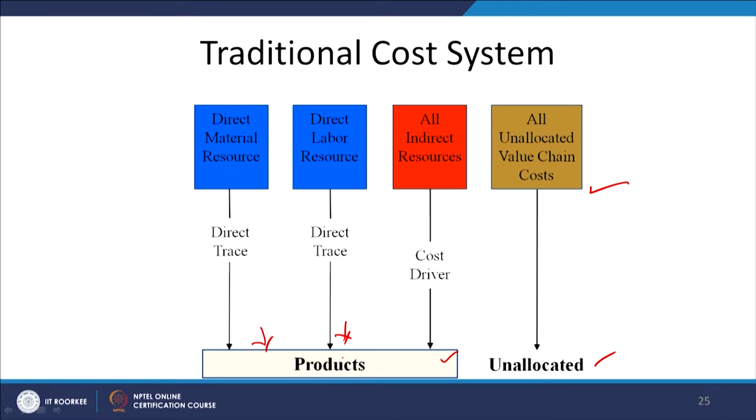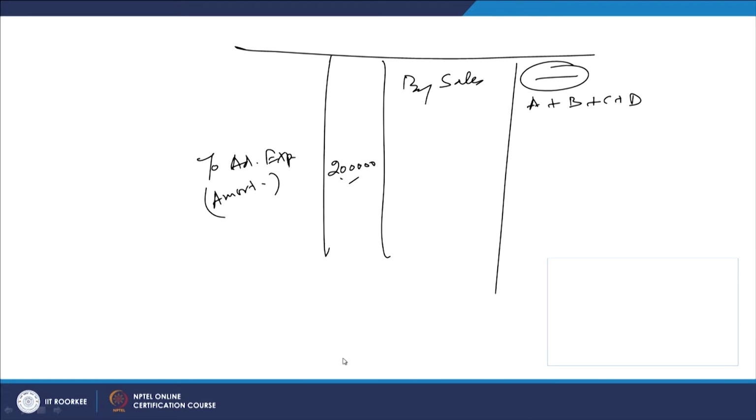But see, under the total costing system, what we are doing is simply taking the total production, and that production, for example, of all the products is 200,000 units, and then, for example, your fixed cost is say something like 10 lakh rupees. So, it means rupees 2 or rupees 5 per unit is the fixed cost, and we are adding that into the